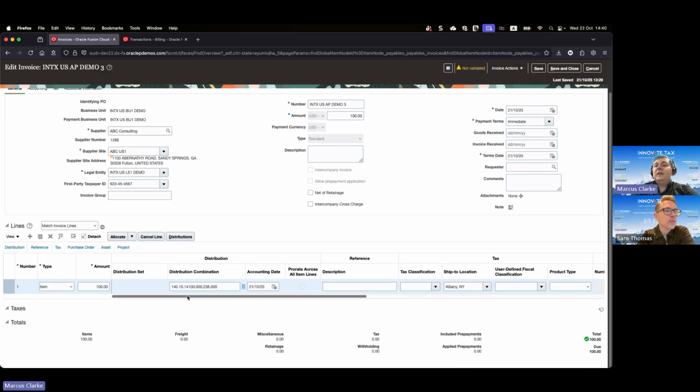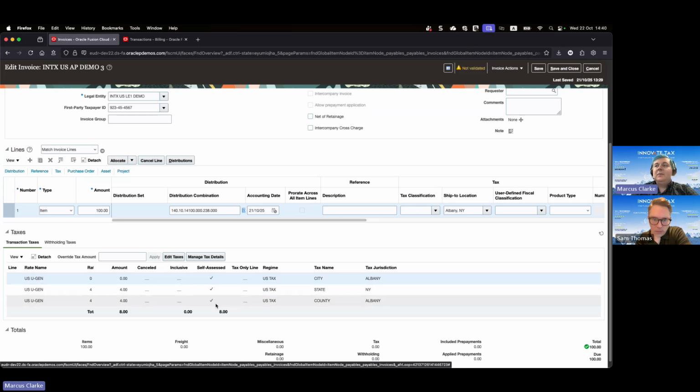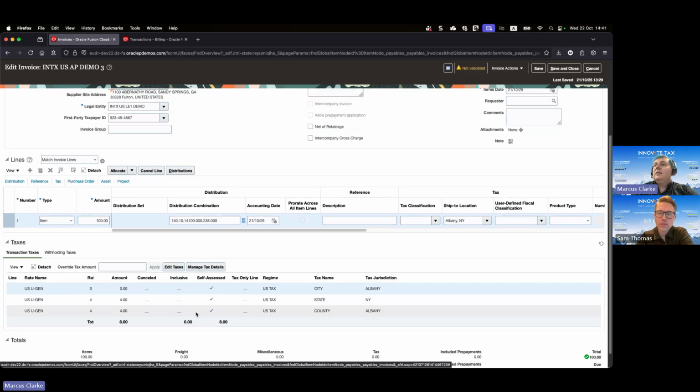So what we can do then is calculate tax here, and you'll see that we still have the same breakdown as state, county, city, except here we have a slightly different rate name. Before, when it was sales tax, it was showing US SGen for sales tax. Here we now have US UGen for use tax. And this self-assessed flag here is checked, so this indicates that use tax is being calculated. You'll see the tax is actually totaling 0, so you're not actually issuing any tax to the supplier itself. However, you will still have to remit this to the local tax authorities, as needed,